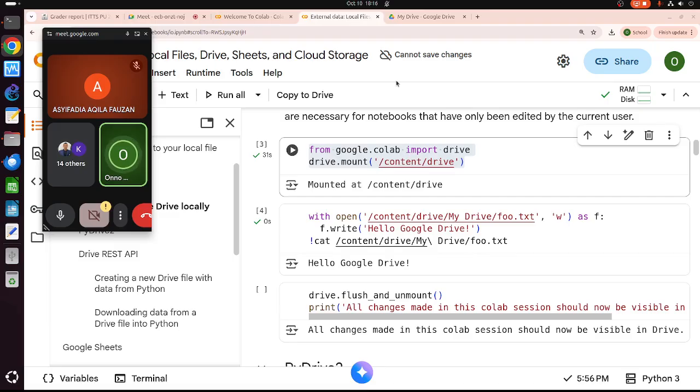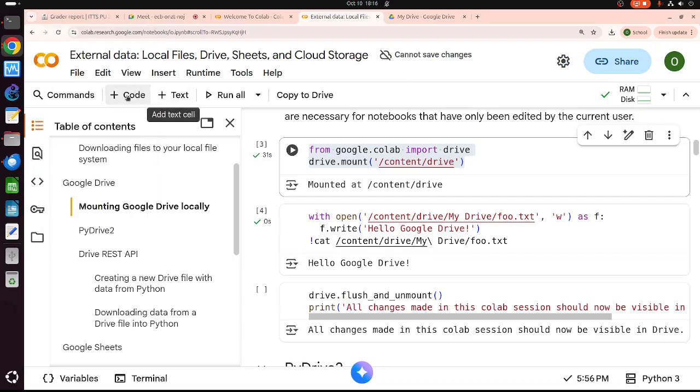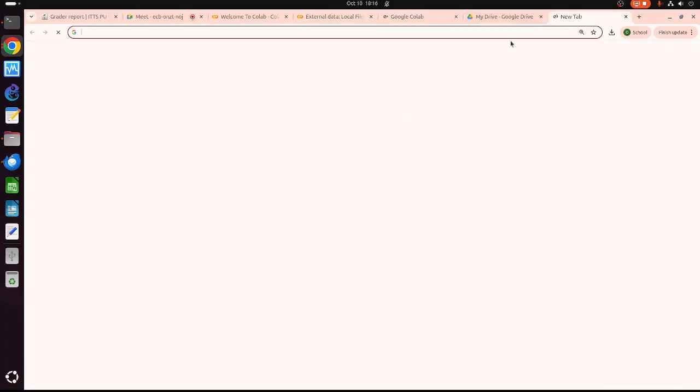To be honest, to experiment with Python on Google Colab or any other platform, it would be much easier if we use AI, such as ChatGPT or Grok or Gemini. And my normal preference is Grok actually. So let's make a new notebook in a drive. This is Google Drive. Then I will use Grok.